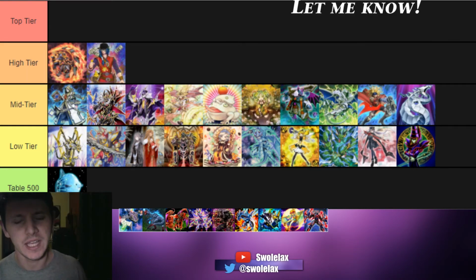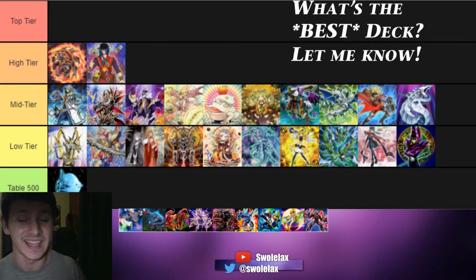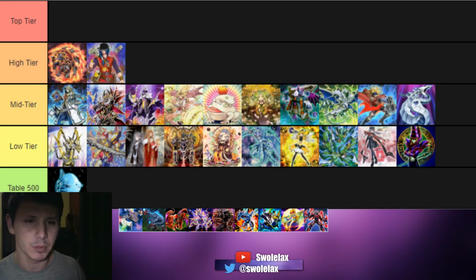And I feel like for these two decks in specific, they've kind of taken a different direction from their initial inception. Now, Salamangreats obviously deviate the least from their initial inception, but Burning Abyss is really interesting to me because right now they're playing the Block Dragon Turbo. A lot of the other Gemini FDK and a few of the decks are also playing that as well. But with this deck in particular, you're able to go into so many level 3 extenders. You're also able to go into things like Cherubini, Saryuja, and then you have Block Dragon, which is a pretty powerful main deck boss monster,